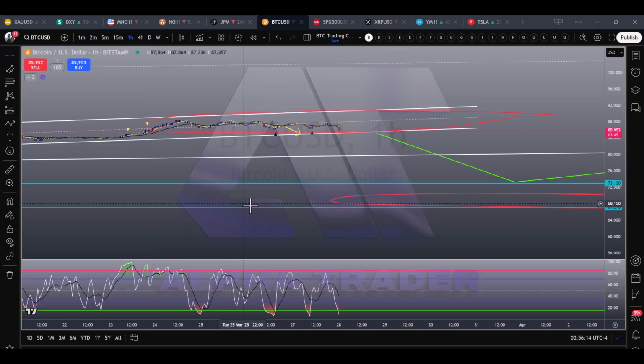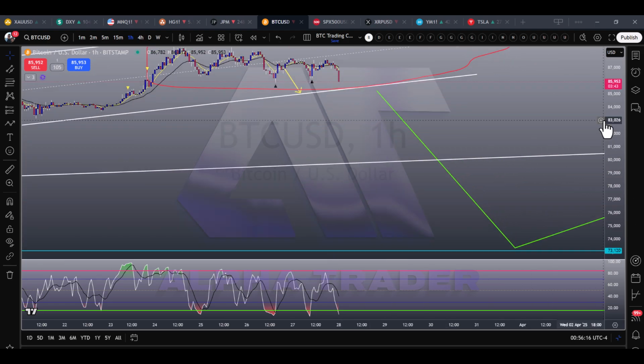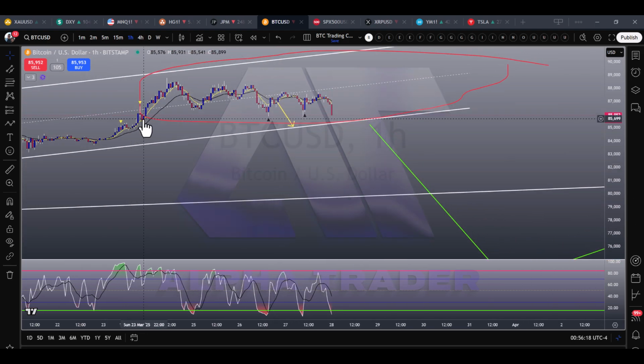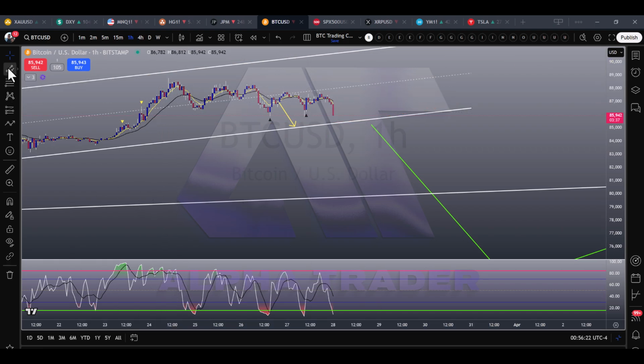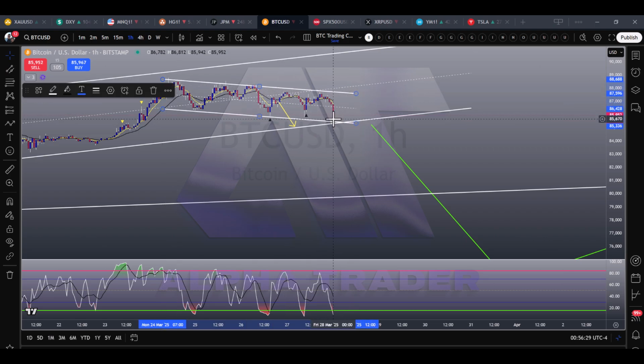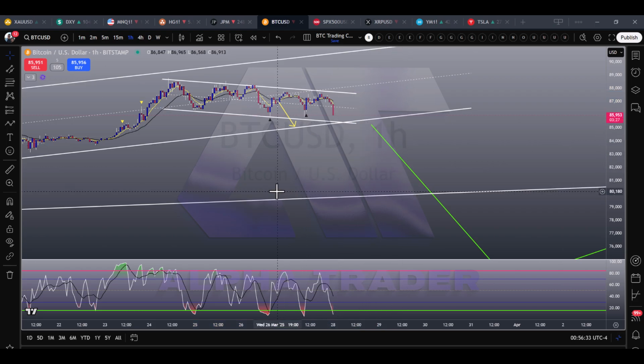So as you're down here in the 1 hour chart, you're going to be watching to see if this breaks the range right here. So here's the range right here. And you're going to be watching to see if that range breaks at this channel. And if it breaks, it's going to go further down. So that's really what you're watching for on Bitcoin. And I believe there's a good chance that this will head down and break.